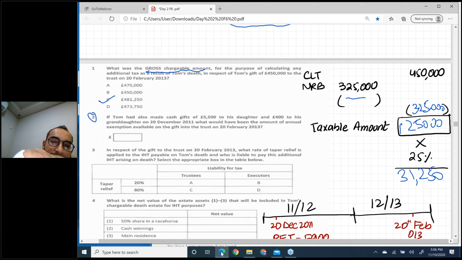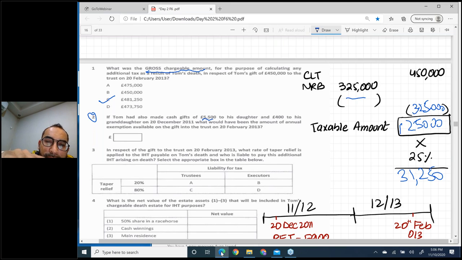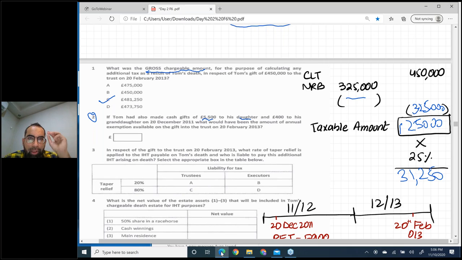If Tom had made cash gifts of 5,500 to his daughter, yes, one person giving a gift to another person is PAT. Okay, and there is no marriage here, so no marriage exemption. This gift to daughter is full-time PAT, and